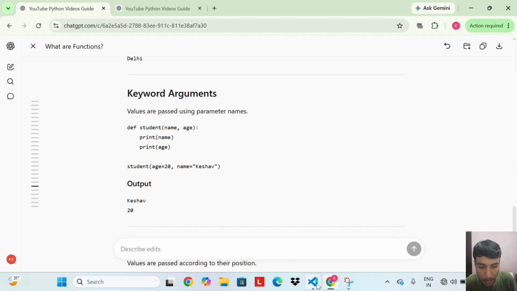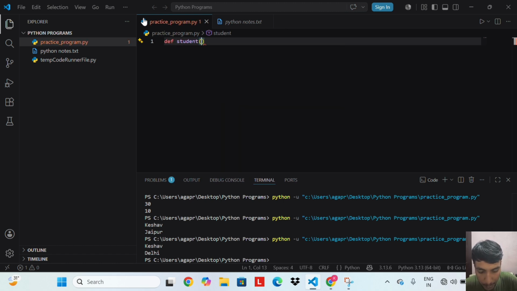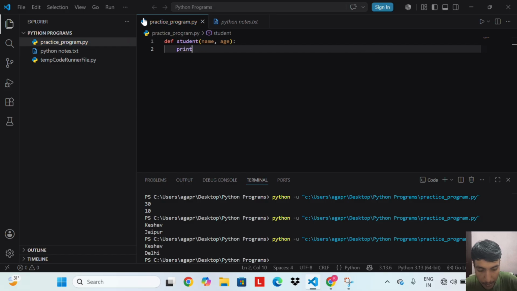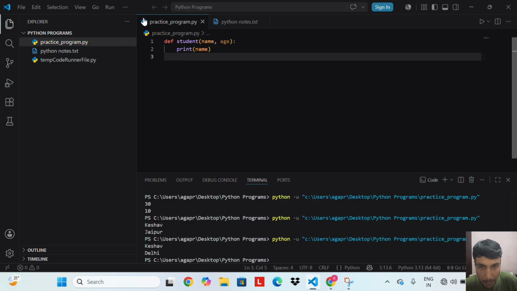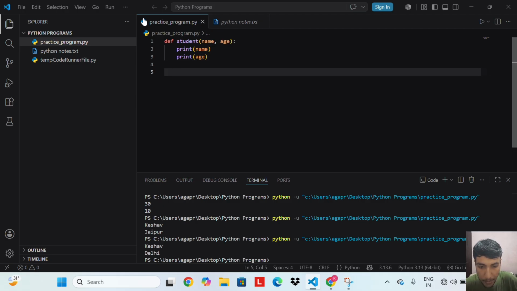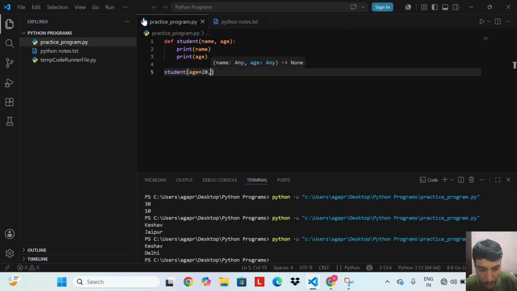Let's do an example of keyword arguments. def student(name, age): print(name), print(age). student(age = 20, name = "Keshav").